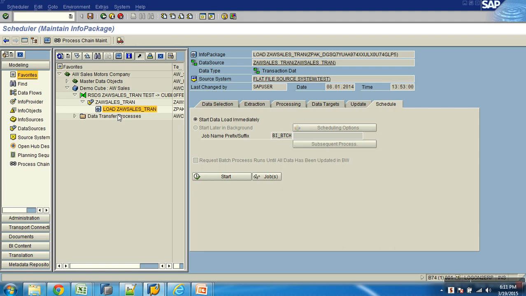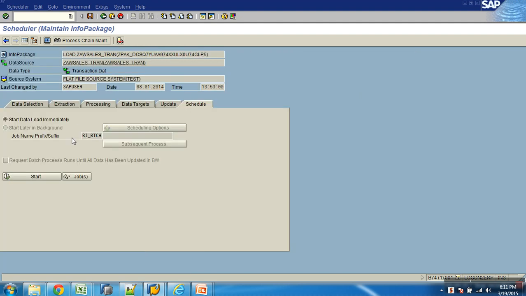Now today we are going to focus on the properties of info package, because after all this we'll get into hierarchies again. Okay, not now. So, what is the purpose of info package? This is a component which extracts data from the source and loads into what? PSA, nothing but data source.